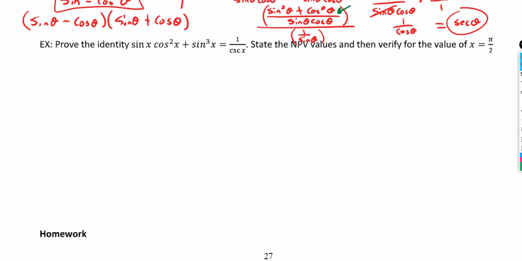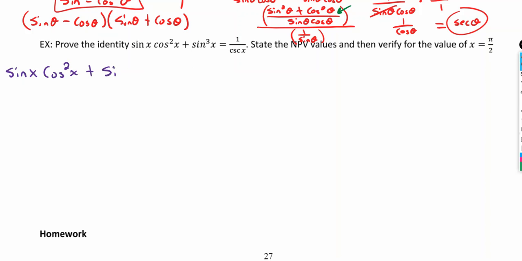All right, last one. Prove the identity, then state the non-permissible values, and then verify for the value of x equal to pi over 2. Okay, so let's prove this first. I'm just going to write it all down again over here. So this will be sine x times cos squared x